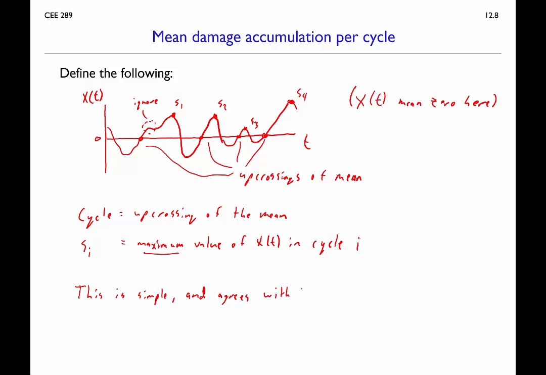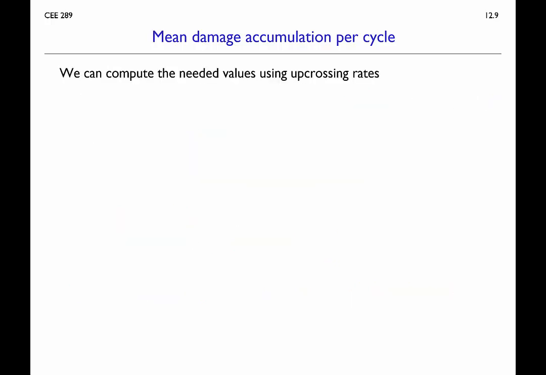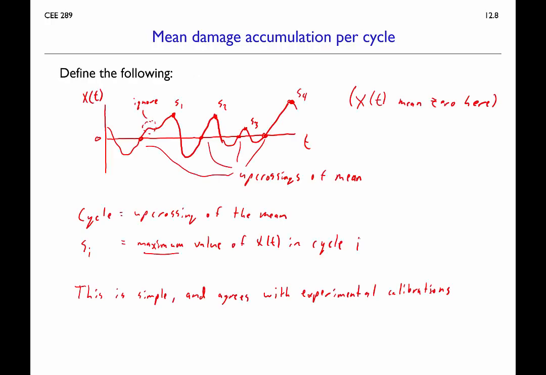So I'll say it agrees with experimental calibrations. What I mean is that when we're trying to do experiments, loading materials and watching them fail, these local maxima, like this point that was ignored, don't seem to contribute much, and they may not happen very often as well, right? So if it's a narrow band process, we don't get that many of these peaks relative to